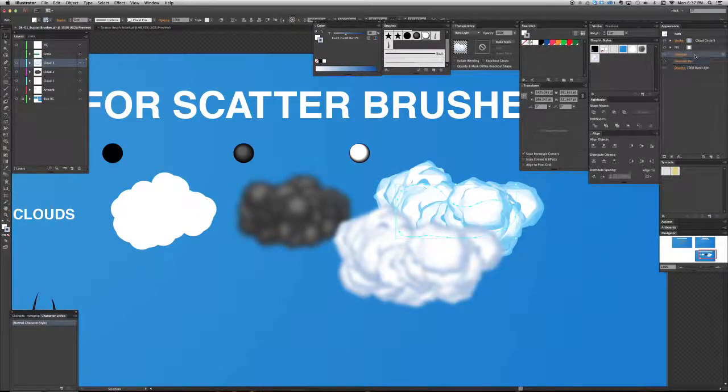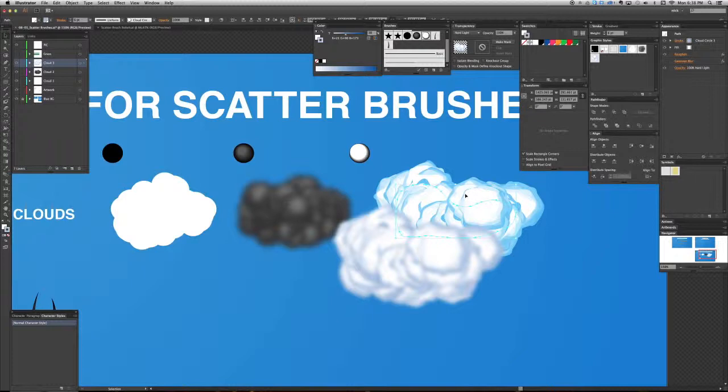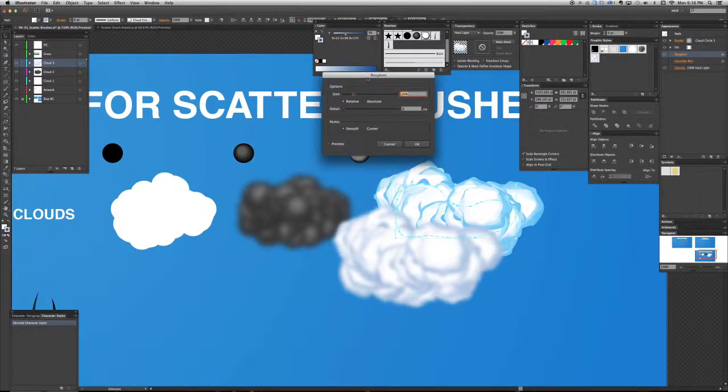So if you put roughen on as an effect, first of all, the thing to notice is when you put that effect on, it will be above your stroke and fill in the appearance palette, and you won't see any effect. That's because roughen is roughening the shape of the spine, not the particles. But if you move roughen below your stroke and fill, then it will actually roughen your particles randomly and give you this nice effect. Of course, you can always click this and manage how big you want the roughen amount